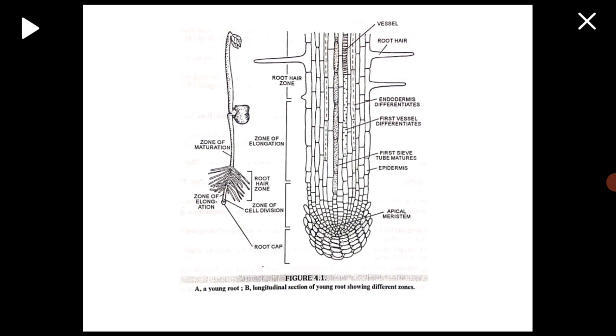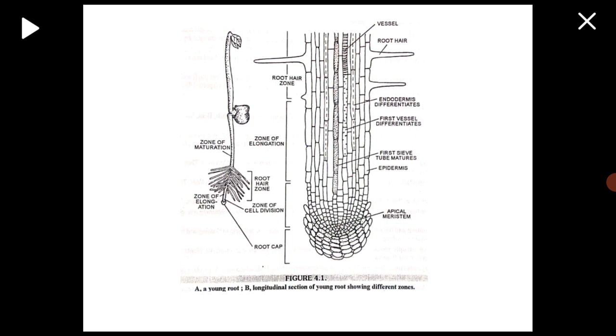Next is the meristematic zone or meristematic growing region. This region is a small region about 1 millimeter in length, situated in the subapical region just behind the root cap. The meristematic cells of the region have power of division and add new cells toward the main root as well as toward the root cap.